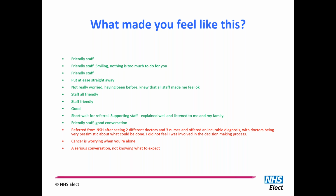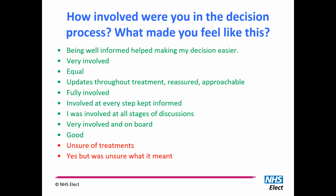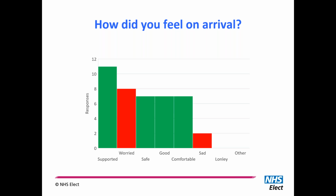And also the entry point and end point were different. So this was entry to the oncology service as opposed to first outpatient appointment. So it's quite a nice illustration of how a team have done some quite deep thinking about how they're going to extract the best possible patient experience data. And then they asked some supplementary questions about areas that they felt quite strongly about, and that was fine. This is around shared decision making, at the top of most of our agendas,